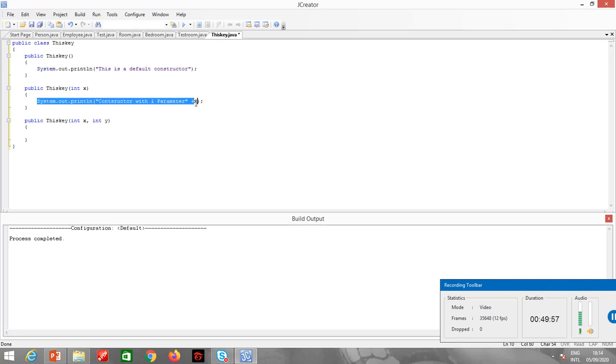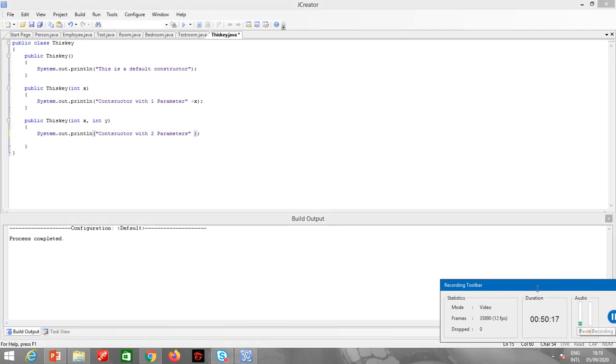So I just write over here, constructor with two parameters, so we print over here the first number x, and we print the second number also, y.